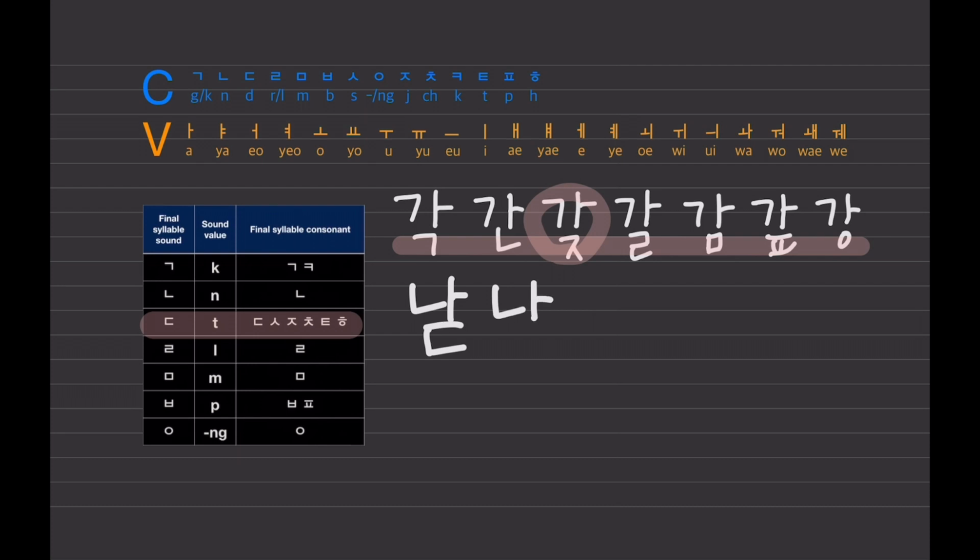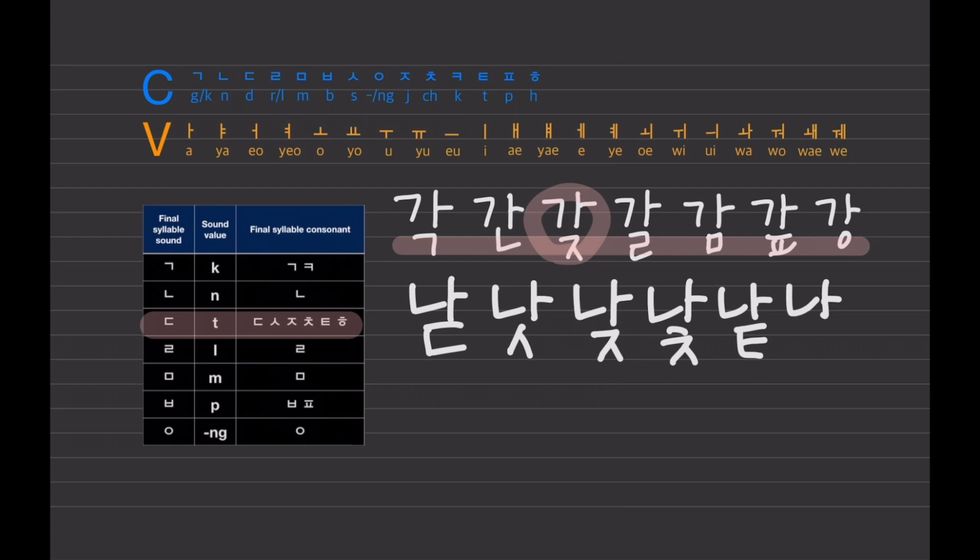And the second one, it has an S sound 받침, so it seems like we have to read it as nas, but remember, one syllable makes only one sound. We have to read it as not, not. And third one has a z sound 받침, so it seems like we have to read it as nuts, but we read it as nut. And the next one has a ch sound 받침, and yet we have to read it as nut. Another two as well. So basically, those 6 letters all sound the same, nut. That's why there is a rule that all 6 consonants sound like T as a 받침.